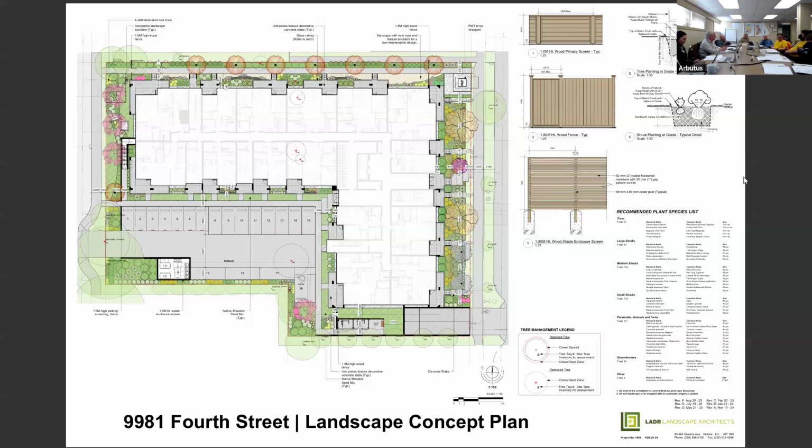So you're going from about an 18% canopy coverage on the site. After 10 years, you're already over 21%, and then at 20 years, which is not even at maturity, but you're getting closer to it, you're at 25% coverage. So we're doing a lot to mitigate.